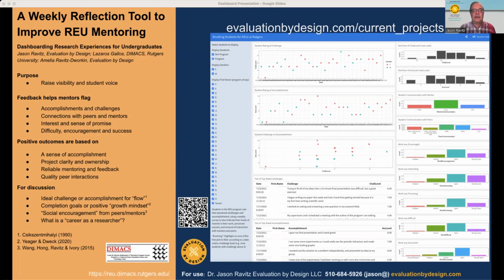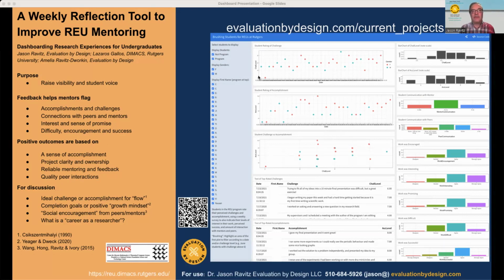And this was weekly check-in data where students provided feedback on their mentoring and their sense of accomplishment and their interest and the challenges and accomplishments.